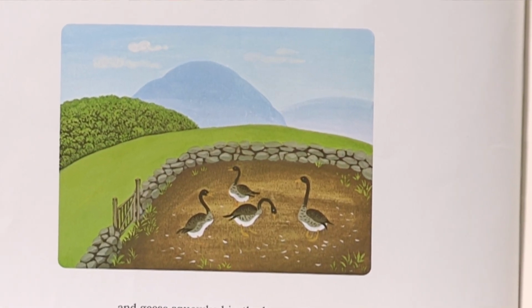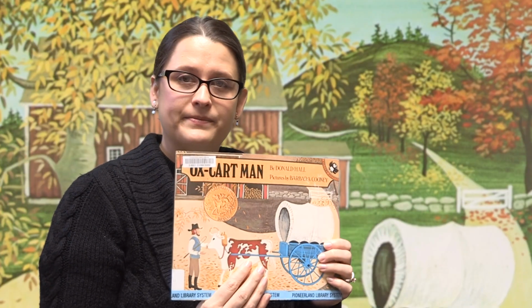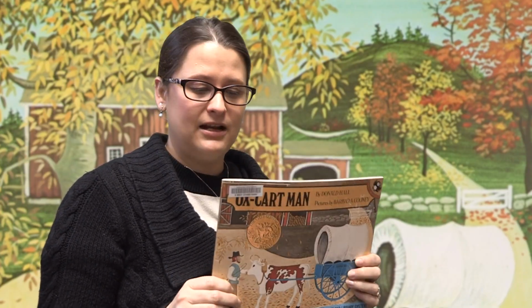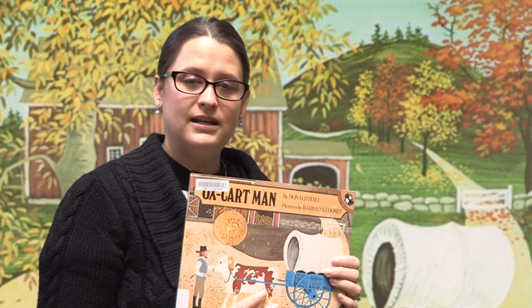So this is a fun book that shows a whole year of an old-fashioned life on a farm, and how they would make things and take them to market in their wagons and carts, and then come back and make more things. We have lots of books about pioneer life and wagons and farms at our library,